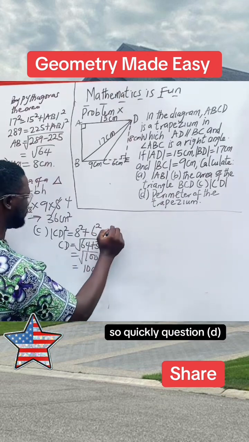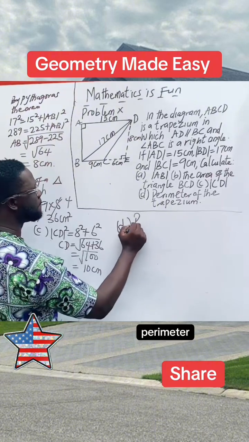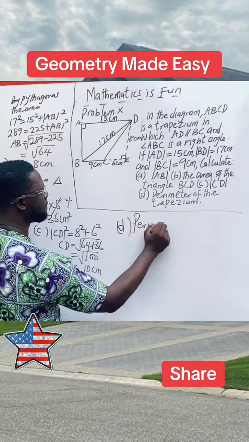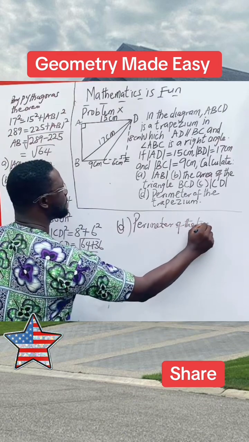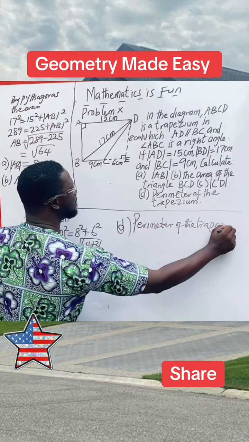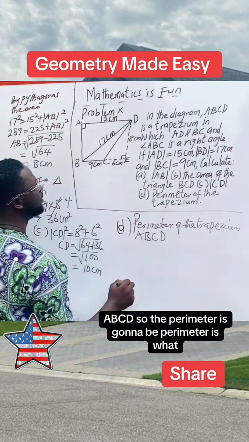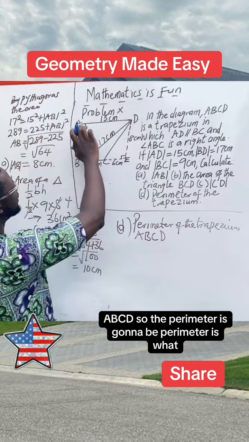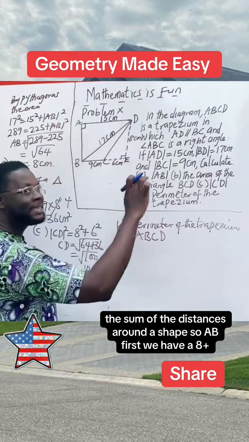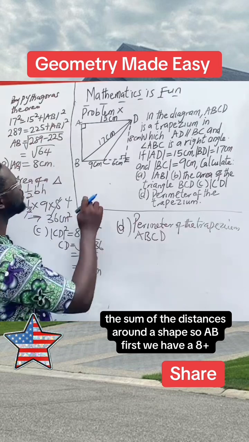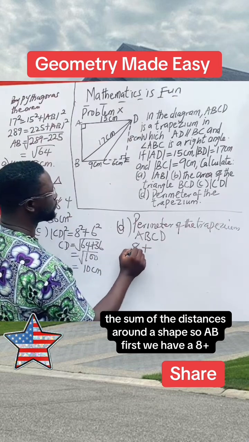So quickly, question D, perimeter of the trapezium A, B, C, D. So the perimeter is going to be the sum of the distances around a shape. So AB first, we'll have 8 plus